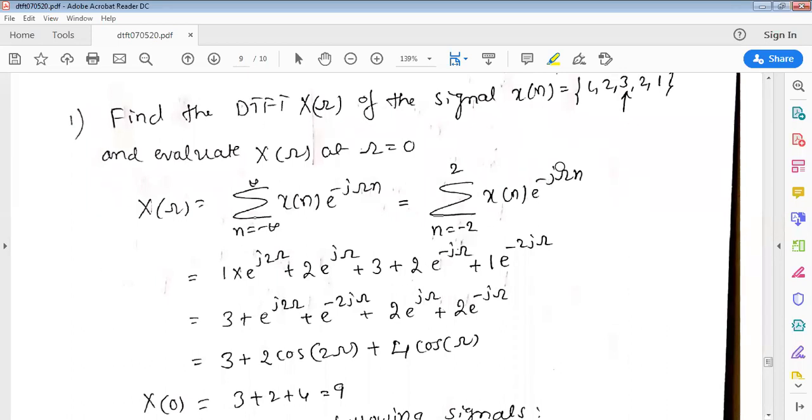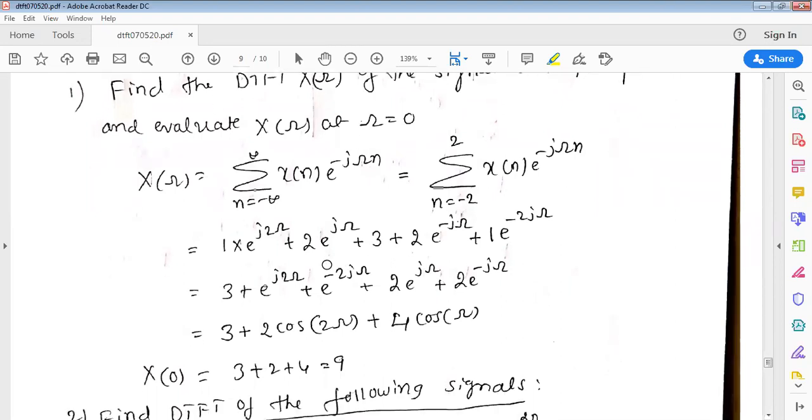Plus x of 1 is 2 into e power minus j omega, and n is 1, therefore e power minus j omega. Plus x of 2 is equal to 1, e power minus j omega into 2. Therefore,